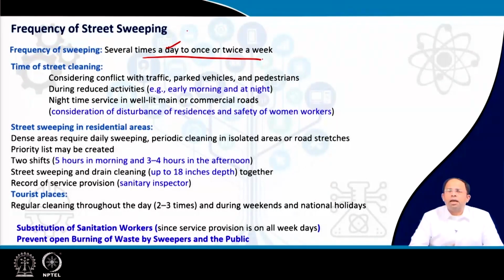So as you understand, the same person cannot keep on working 7 days a week continuously. He has to be given breaks. That's why the total number of staff required is more than what we will estimate based on the distance versus the number of people required to cover a certain distance per day. That means we have to keep some more staff in reserve so that people can take holidays on a rotational basis.